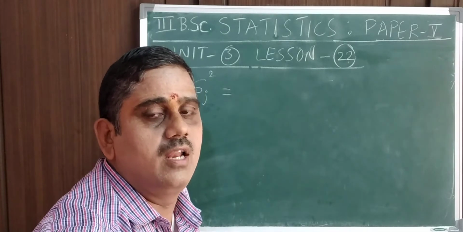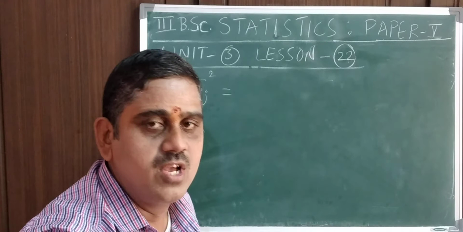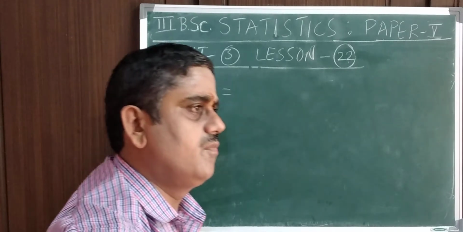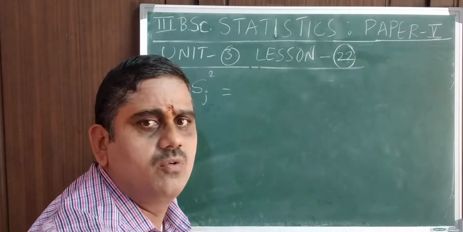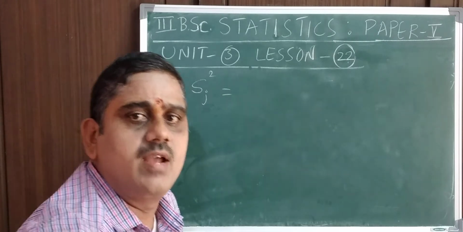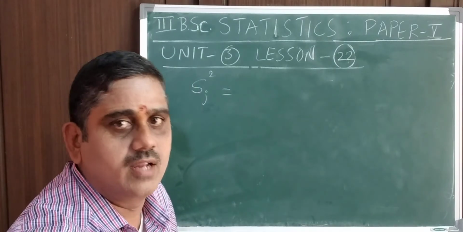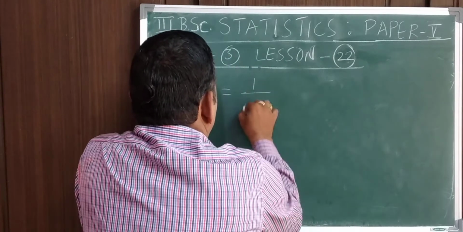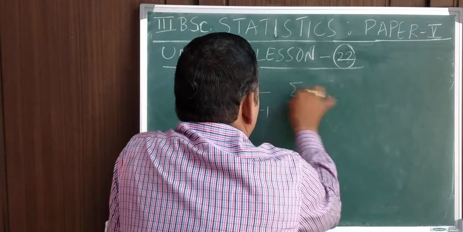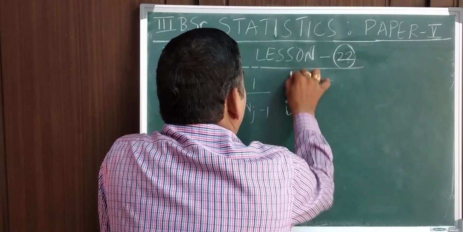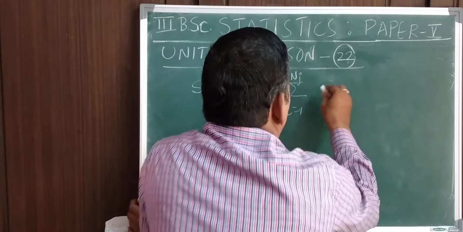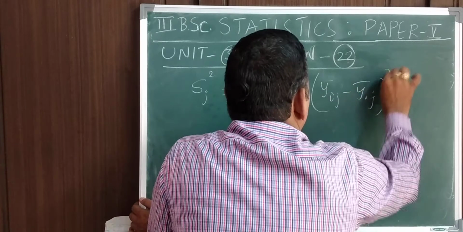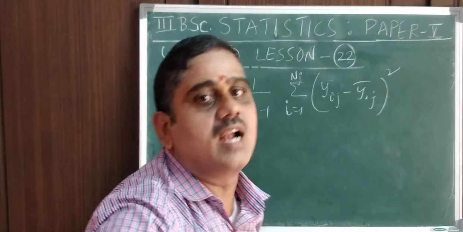Hope you recollect the formulas in stratified random sampling. Si square, for example, is 1 by ni minus 1 summation i is equal to 1 to k, j is equal to 1 to ni, y_ij minus y bar ni whole square, with capital Y's. Here, in the small y's, Sj square: the formula is 1 by nj minus 1 summation i is equal to 1 to nj of yij minus y bar dot j. You have to calculate with respect to the mean of the jth stratum.